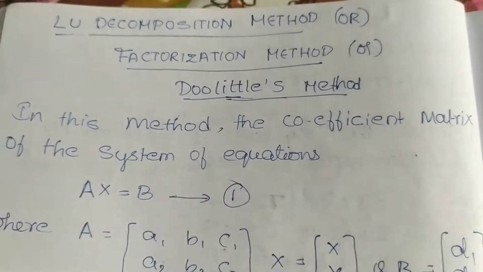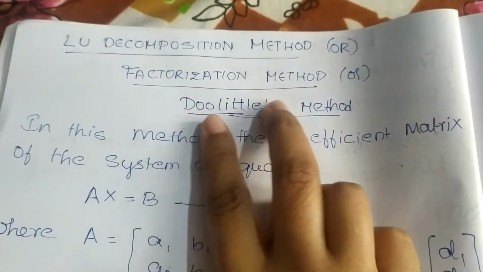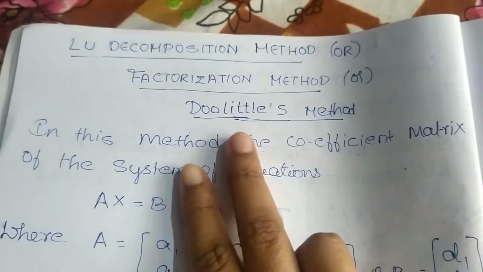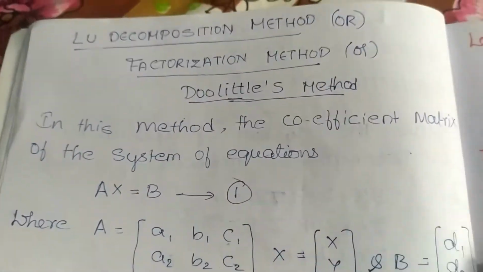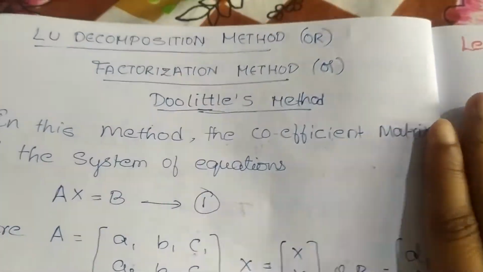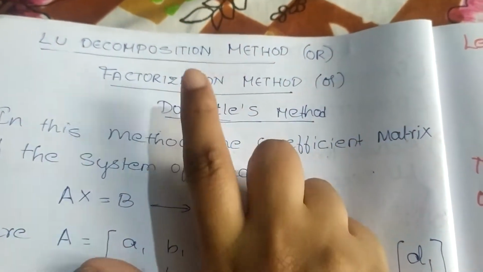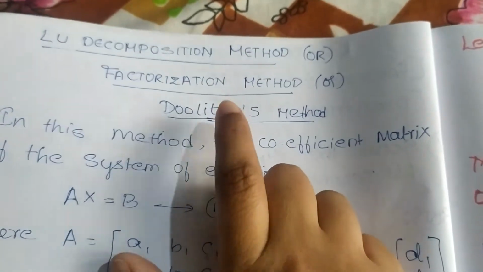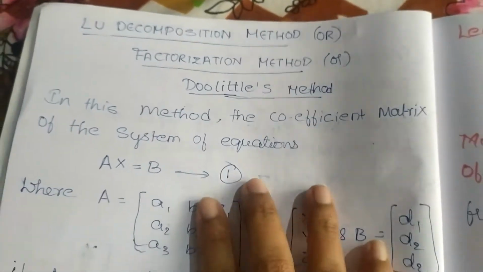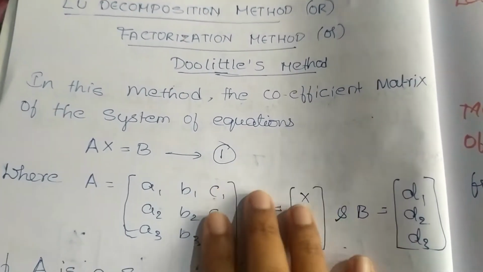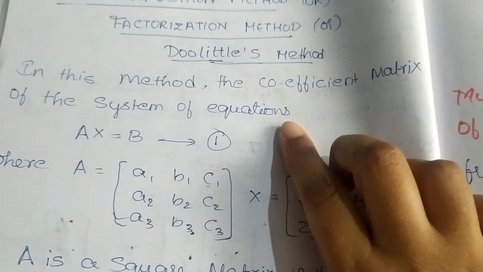So today we'll see LU decomposition method, which is also called factorization method or Doolittle's method. They may ask to solve the given equations either using LU decomposition method, factorization method or Doolittle's method. It's one and the same. Now in this method, the coefficient matrix of a system of equations will be given, which